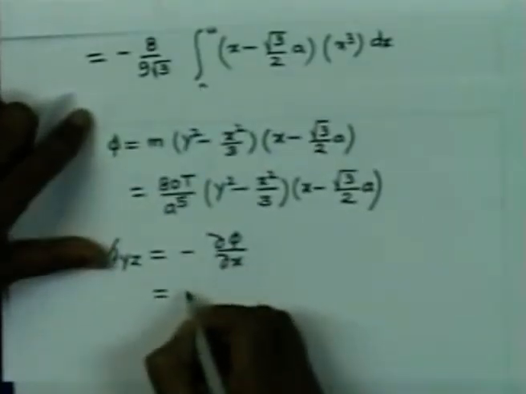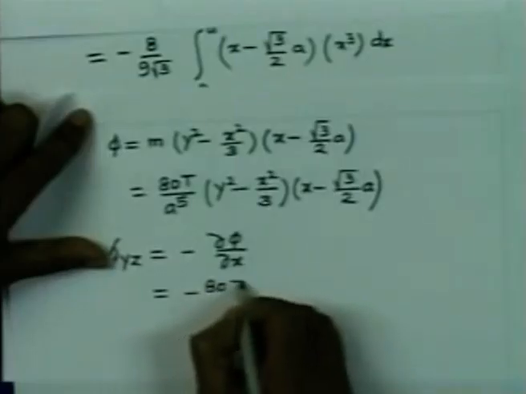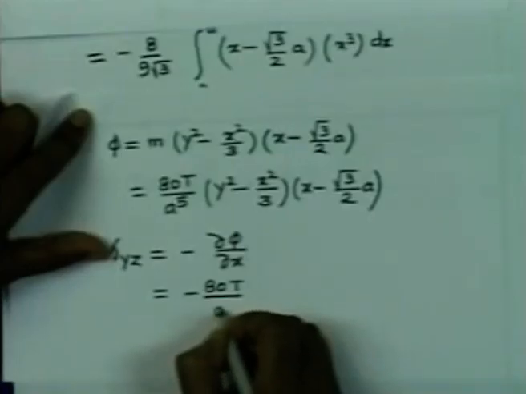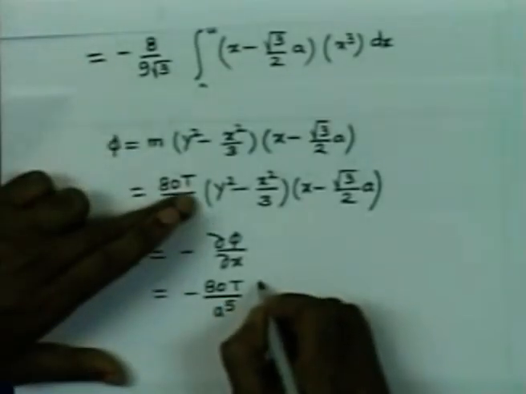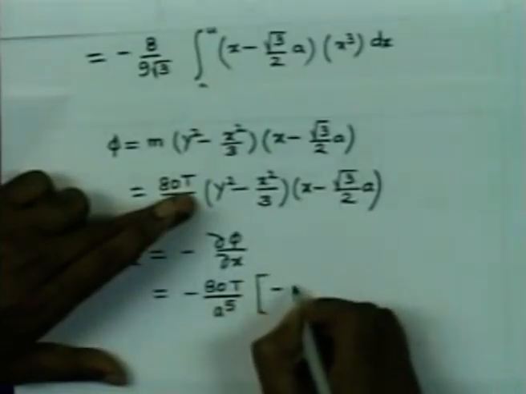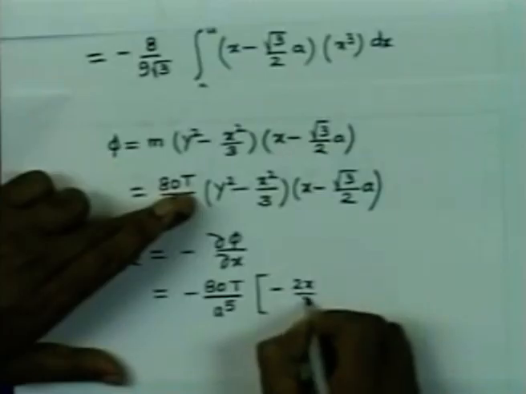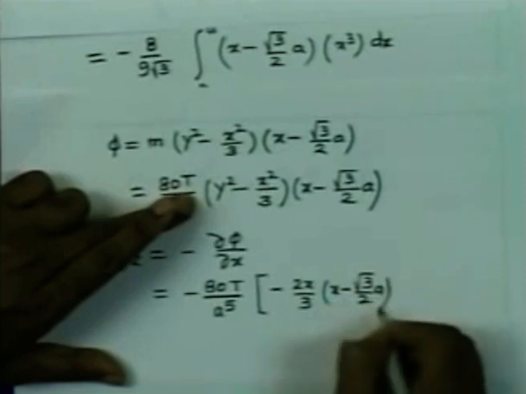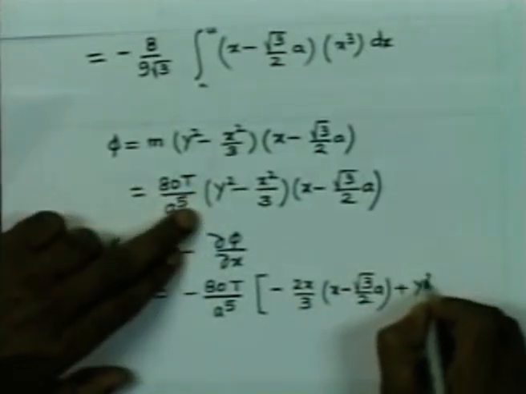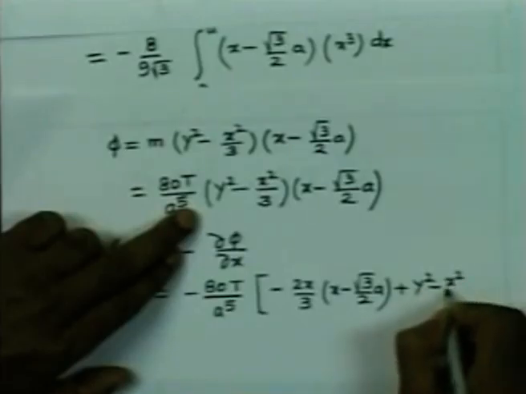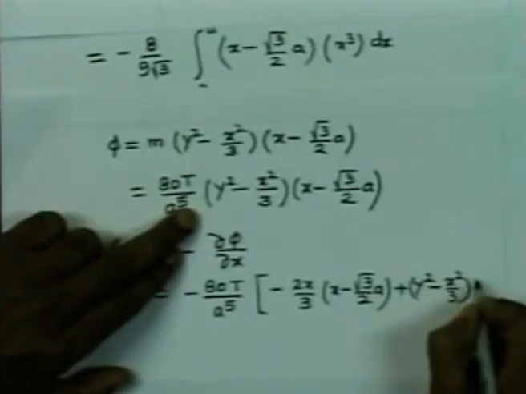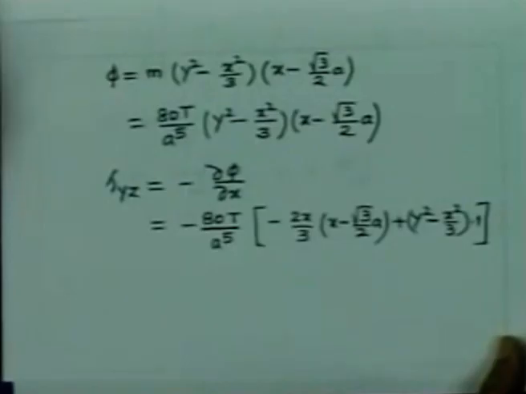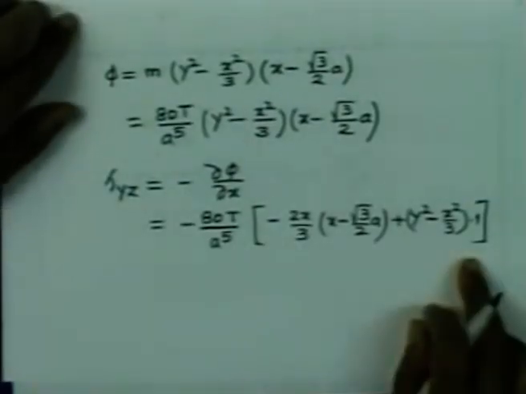So, this will give us minus 80 t by a5 into minus 2x by 3 x minus root 3 by 2 a plus y square x square by 3, into 1. So, that is the variation, and you can see that the stress varies